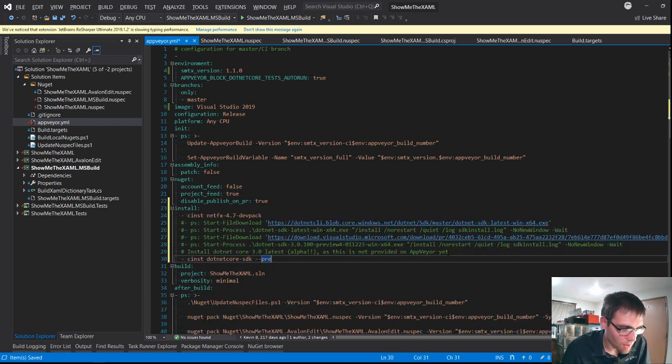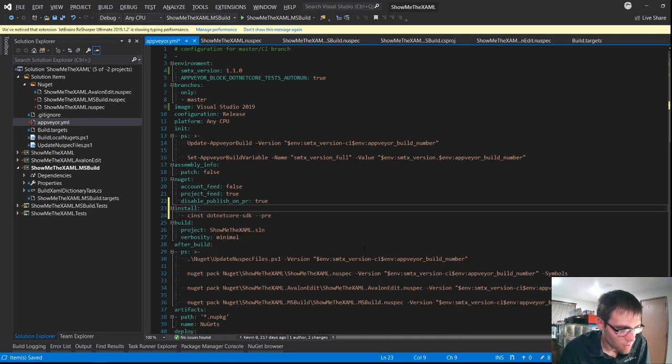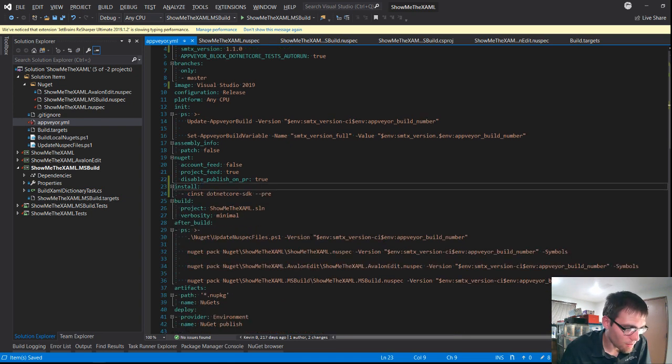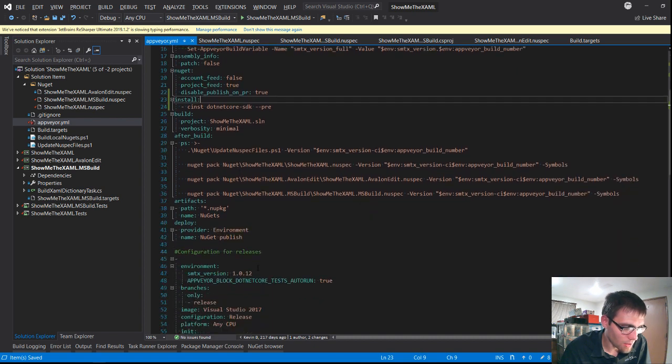Boom. And we don't need C install netfx 47 dev pack. Don't need that. Bring that in. I think that's it. So we rev the version number, update this, configuration, any CPU,